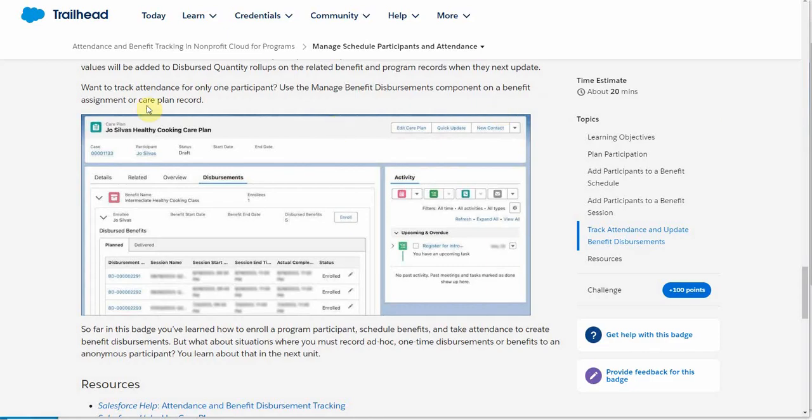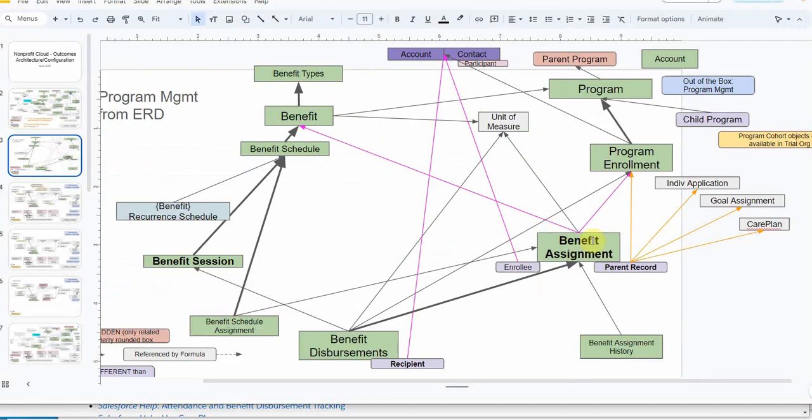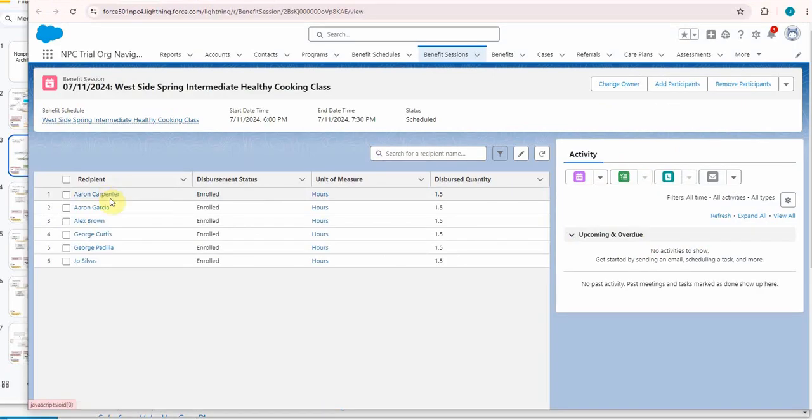This last step is tricky and worth just a minute to look at. If we want to track attendance for only one participant, what it says is to use the Manage Benefit Disbursements component on a benefits assignment or care plan record. Now, the instruction suggests we use the benefit assignment record. So if we're interested in the benefit assignment record, and we're starting from the benefit session, this Lightning component has a link to recipient. So if we go for George,